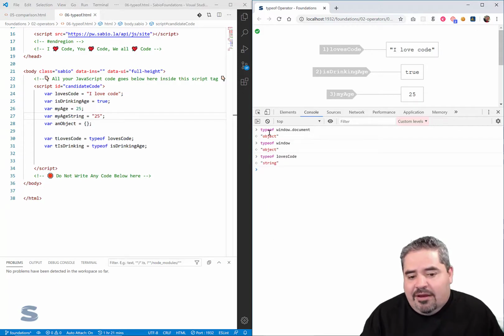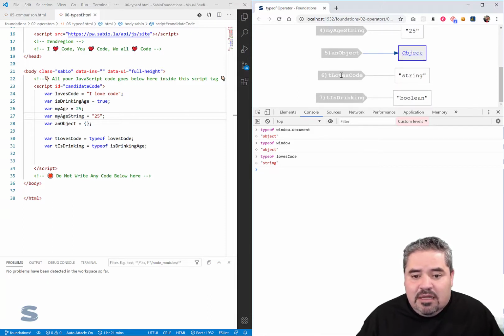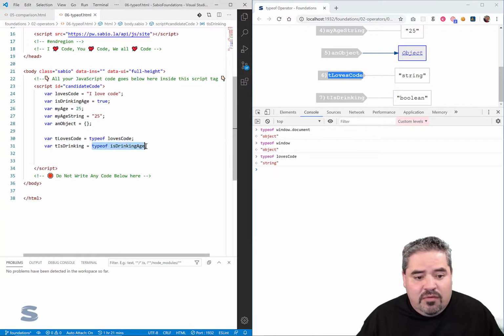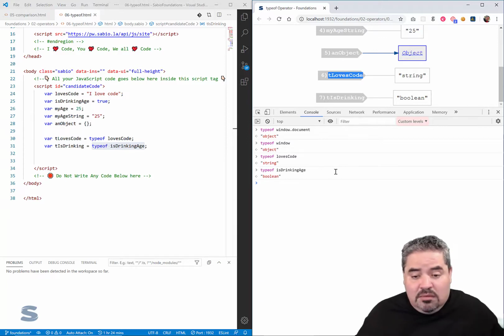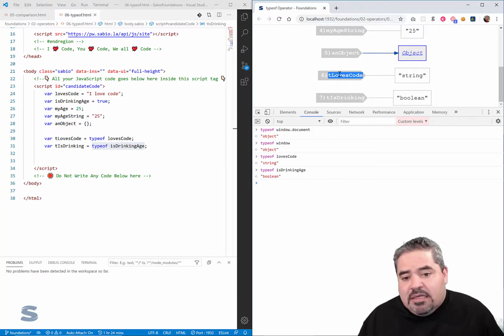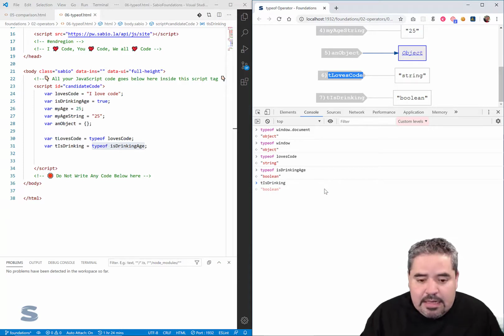like T loves code, I can do this, and it's going to yield a value back, right? So again, I did the type of on T loves code. That produced a string. The type of this is a Boolean. And then once I have T loves code, I can write another expression against that. And I can say, is T drinking? Let's make sure that that's a Boolean,